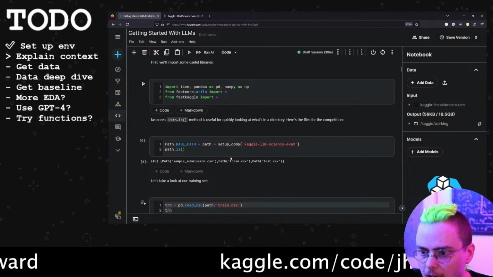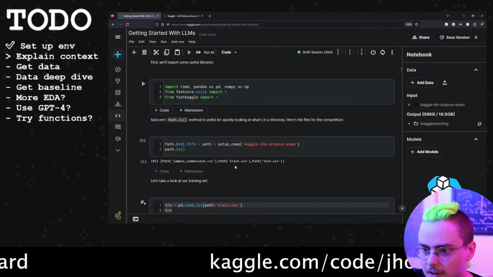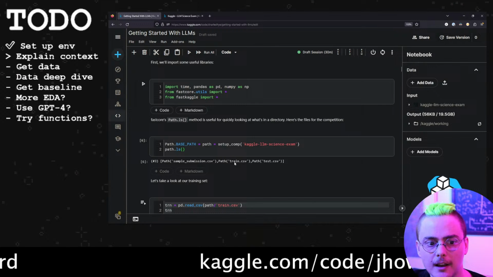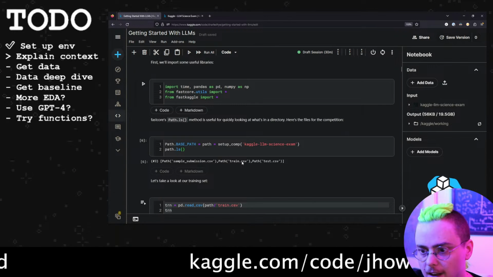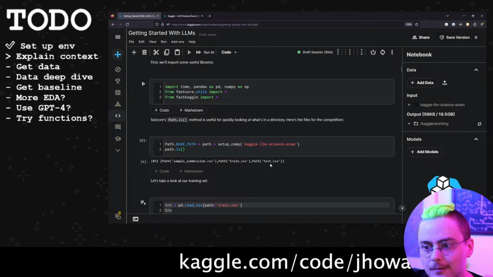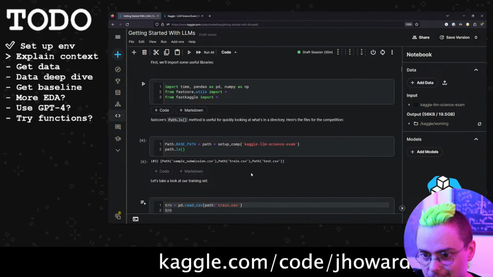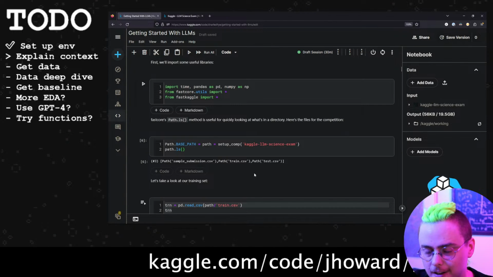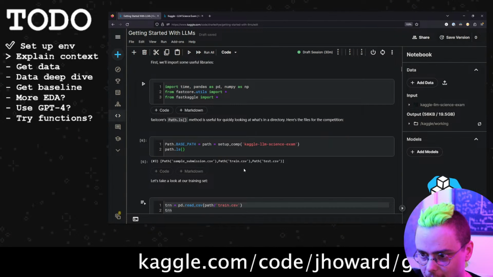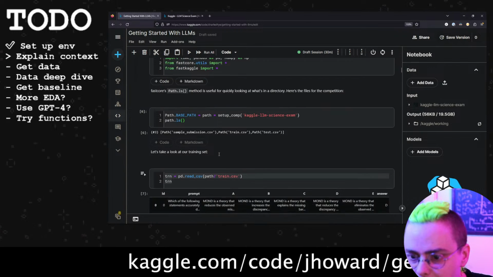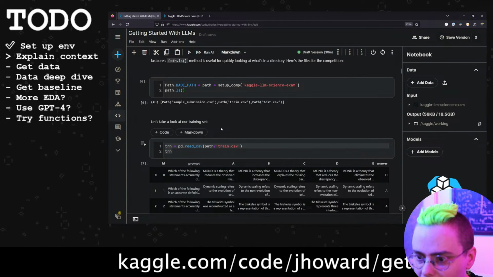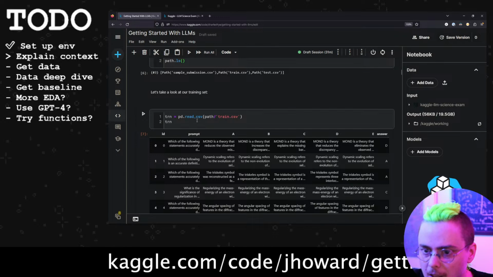and there are a couple of files in the competition. The most important one is our training data. I checked out also the test data. It looks like the test data is the same as the train data, so we don't really have a test set. If we wanted to do holdout validation, we'd be responsible for doing that ourselves. But let's take a look at that training CSV file.